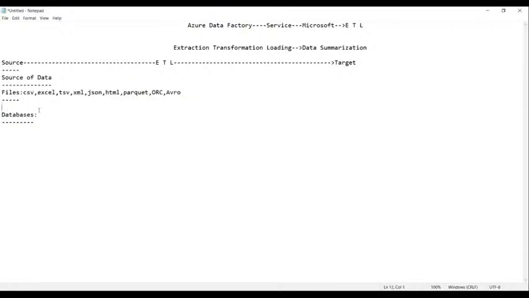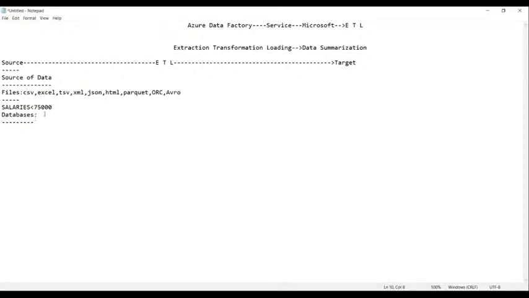The third reason is access, that is, getting a particular piece of data. Suppose I want the list of employees whose salaries are less than 75,000. This kind of retrieval is a bit difficult in Excel files or CSV files.